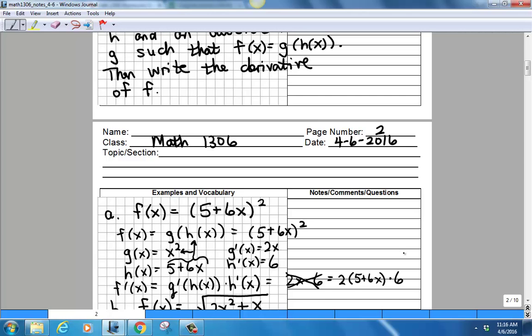But we just had to throw in one little extra thing. What did we have to multiply in here? The derivative of the 5 plus the 6x. We had to multiply that in. Okay, you see that? So we took the 2, 5 plus the 6x, subtracted 1 from the exponent, right? But then we also had to multiply